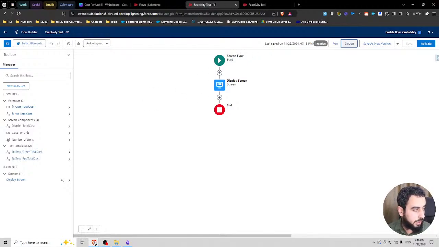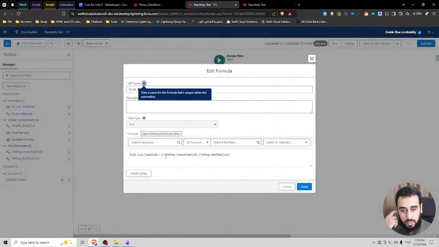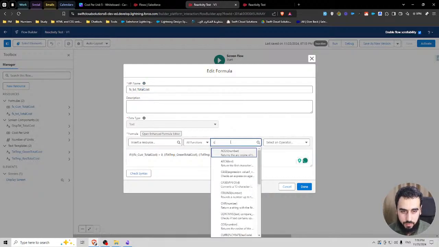All right, so basically, we need now if it's 0, we need it to be black, and if it is less than 0, we need it to be red. If it's more than 0, we need it to be green. So these are like 3 conditions now. Let's go back to that text formula, and maybe I can use the case function instead.